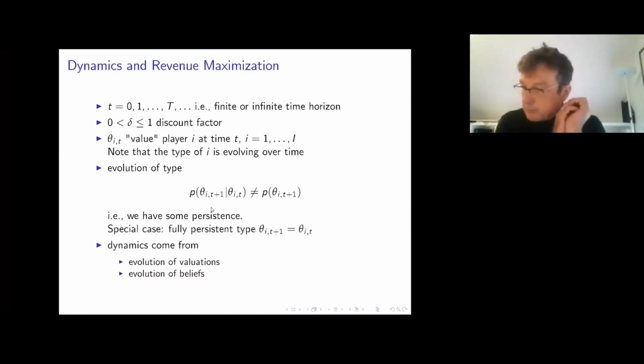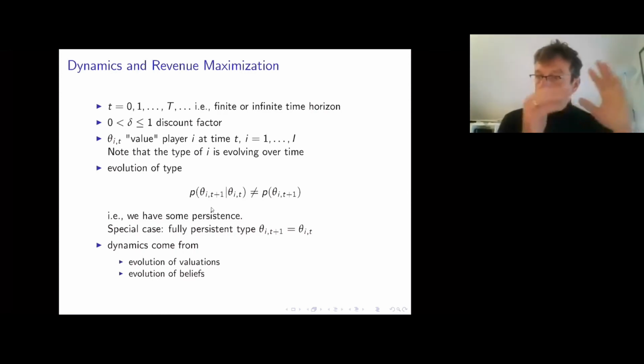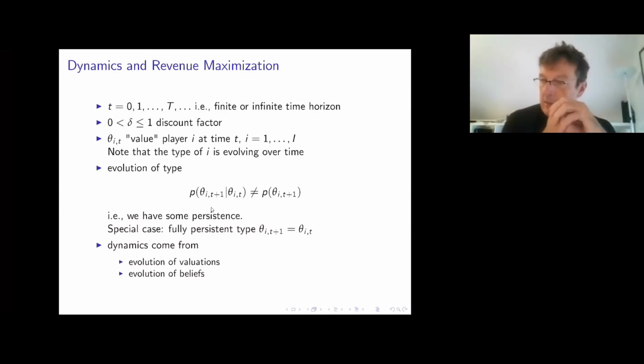A special case is, of course, a fully persistent type, when the type today, the willingness today, is also my willingness tomorrow. And we're now specializing the allocation problem to one where we basically want to lease or to rent the object over time. And the dynamics are going to come from the fact